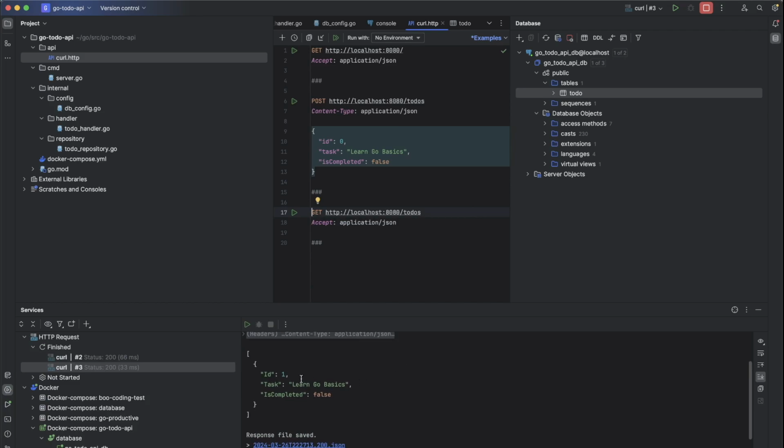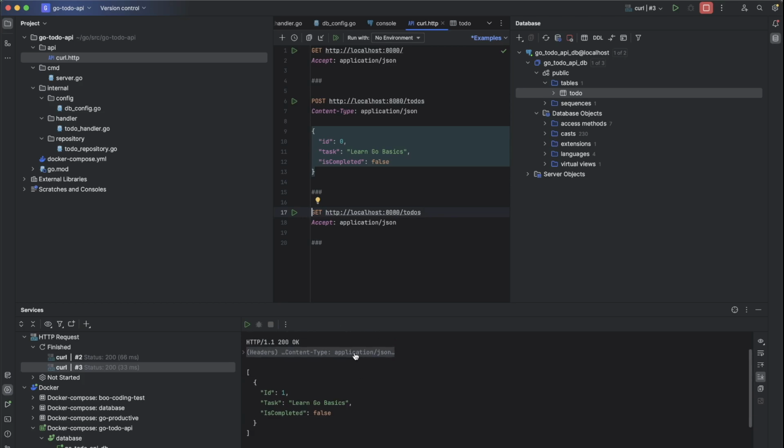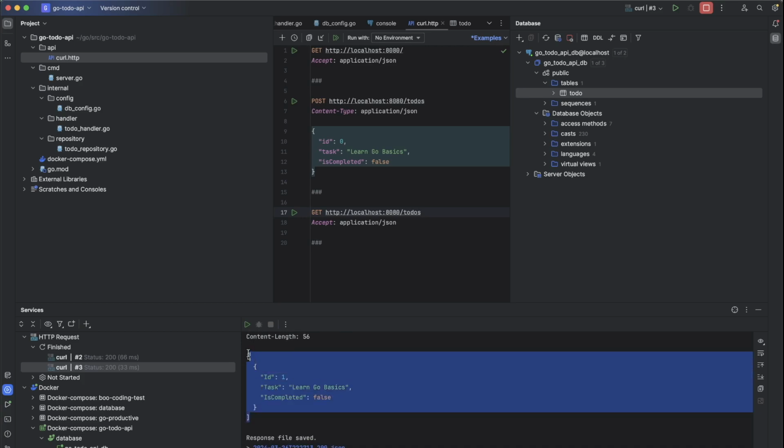Okay, our get and post API has been successfully executed, and the response type is just like what we expected here, it will contain application JSON and the list of to-dos.